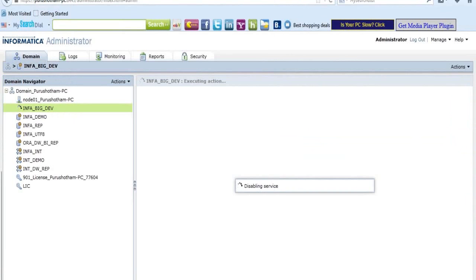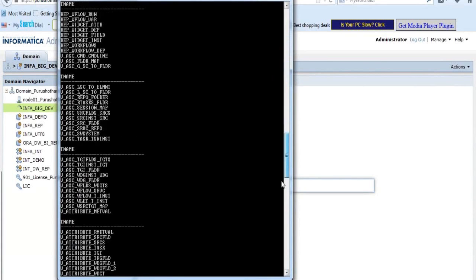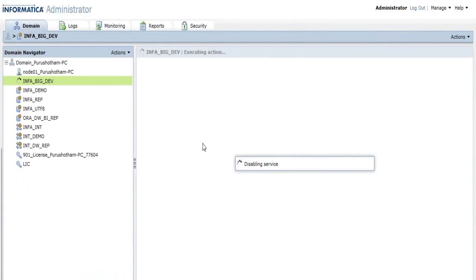All these tables are nothing but your metadata tables, the Informatica repository metadata tables, which will store everything. These are all pre-created tables. It is just like a normal table. A lot of views also are being created. Everything will get saved here. This will store users, this will store groups, another will store different workflow details. Everything will get saved onto this.